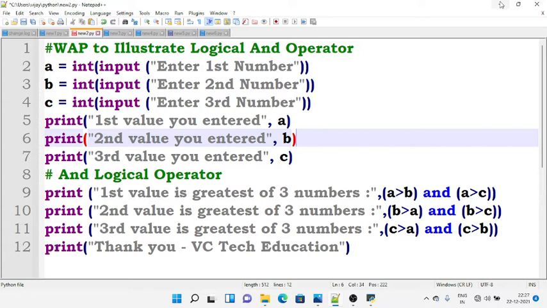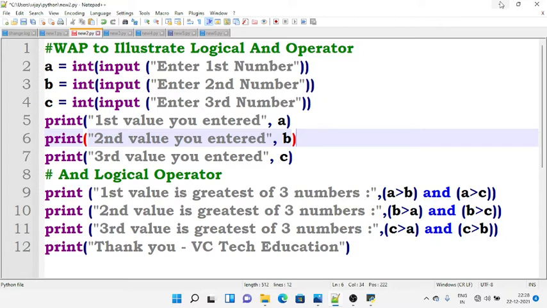Next, print second value is greatest of three numbers. We are going to use B greater than A and B greater than C. If B is greater than A and B is greater than C, then it will print true, else it will print false.